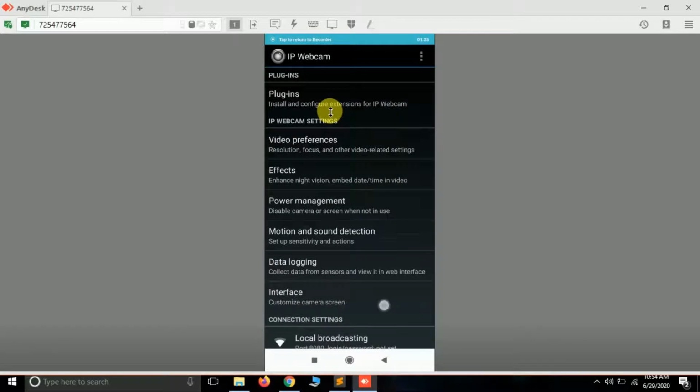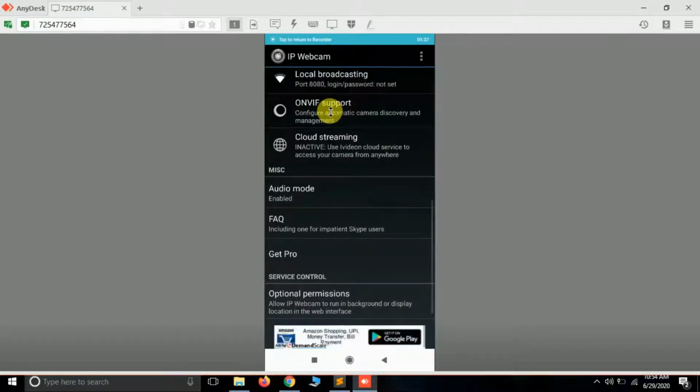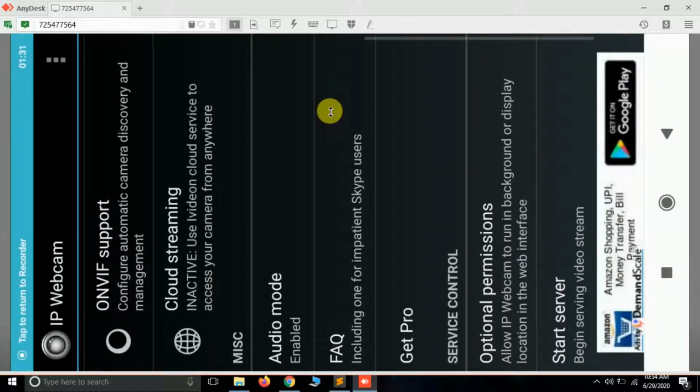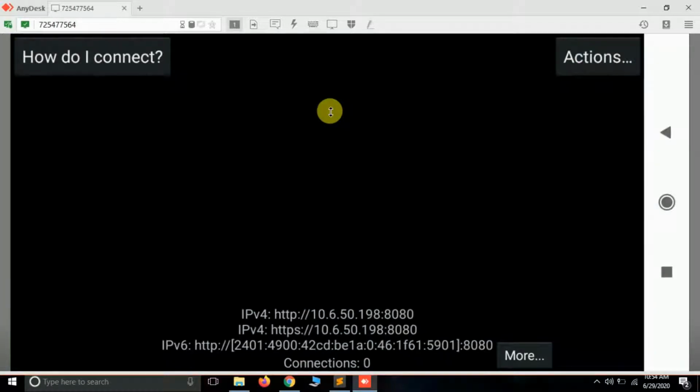Just scroll to the bottom, and here you can see there's an option called Start server. You have to select Start server, and it will give you an IP address. You need this IP address of your camera, which is http://10.6.50.198:8080.